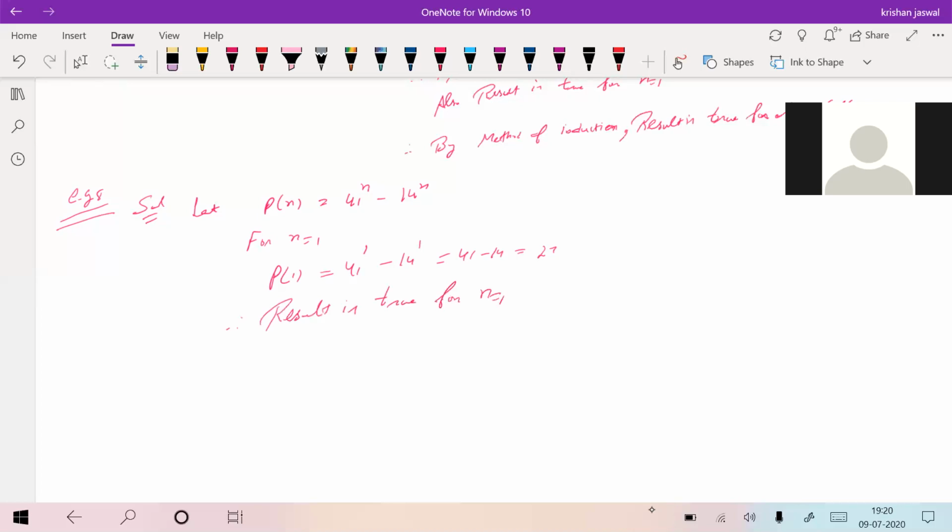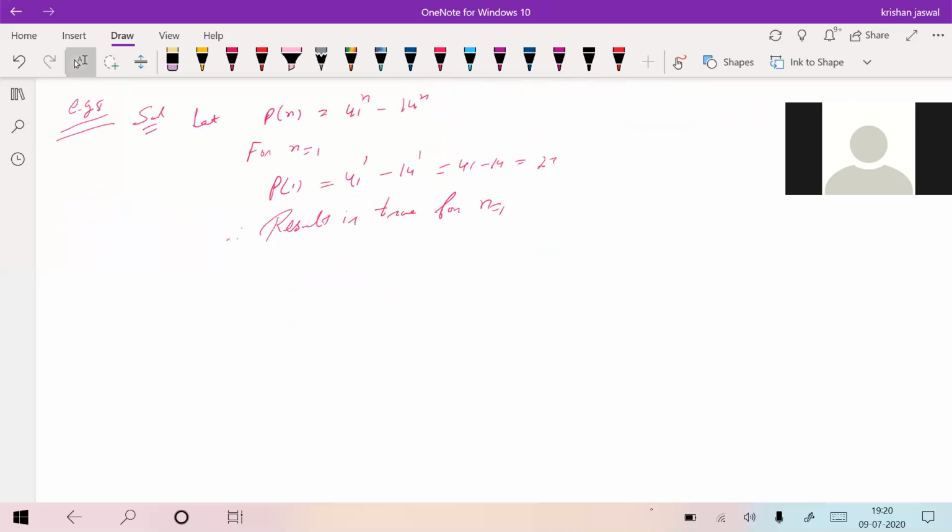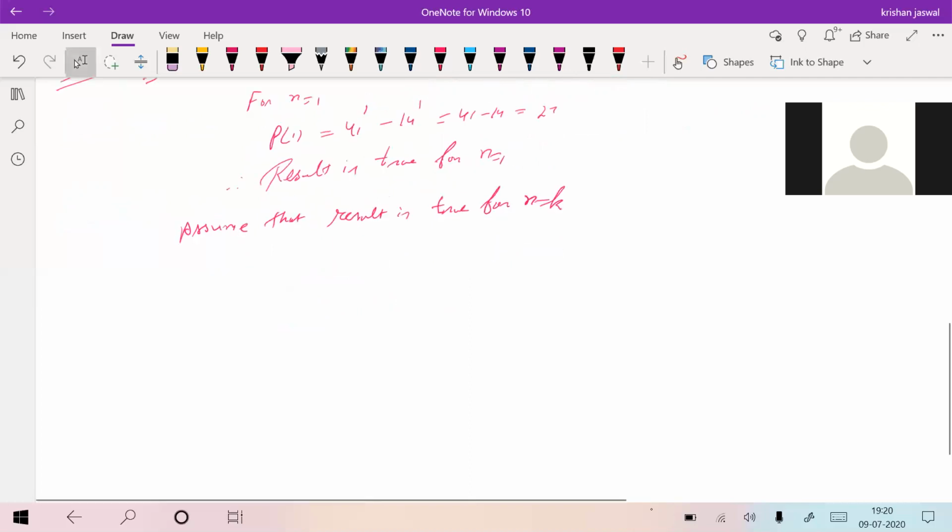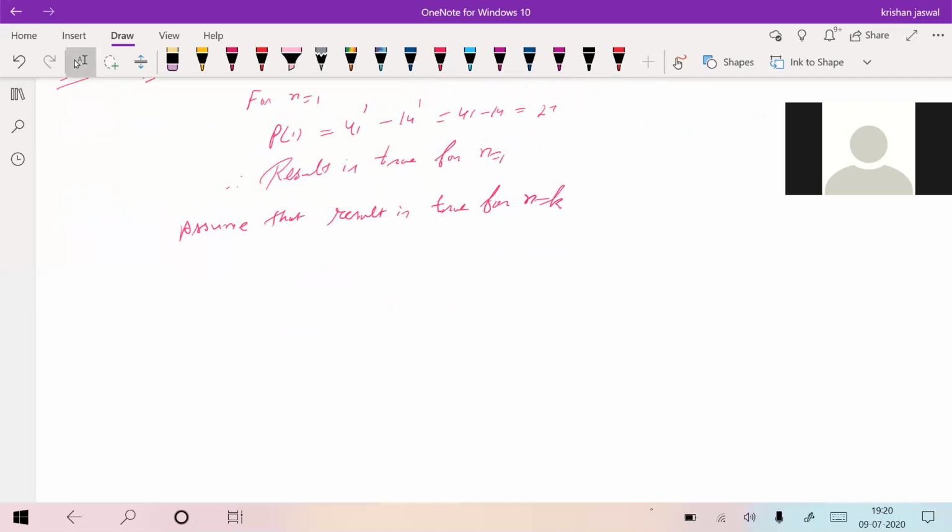For n is equal to 1. Assume that the result is true for n is equal to k. If the result is true for n is equal to k, therefore